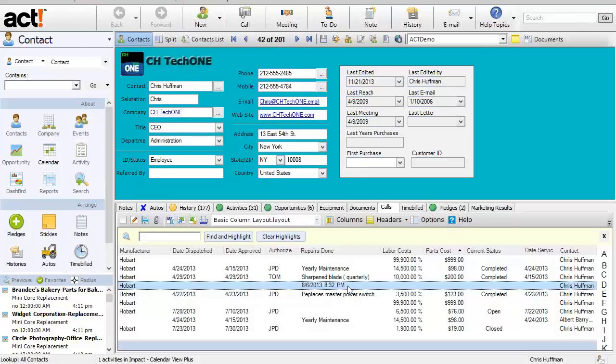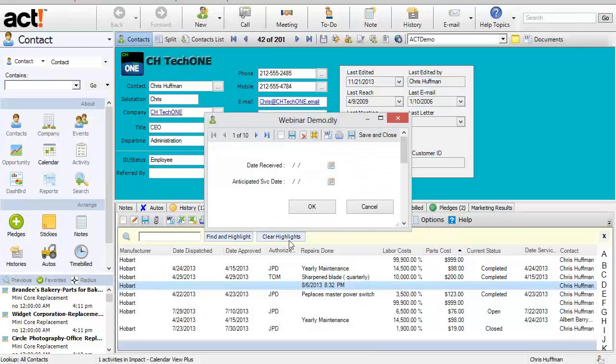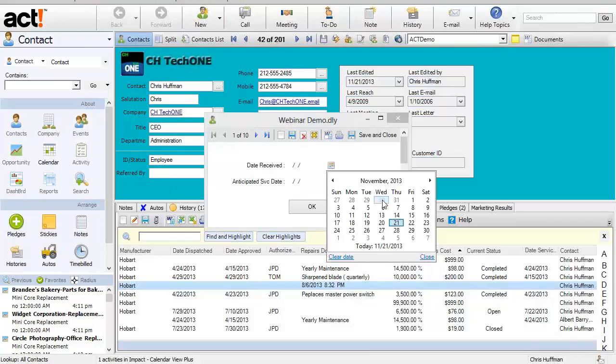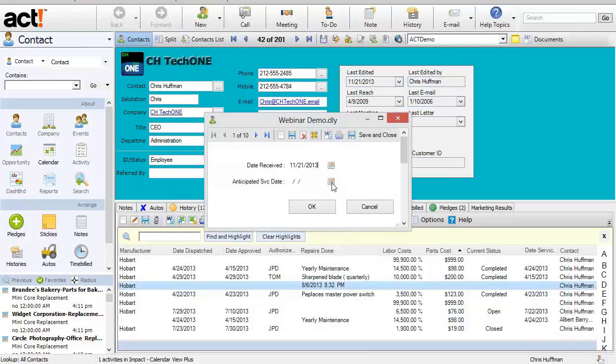And now let's go and create a new one. So user comes in, Mary gets a phone call from Chris Huffman. He wants to schedule something new. There it is. I just said schedule. Date received, well, that's today. And anticipated service date is always 7 days from today. Now I had a data entry those. I can go into